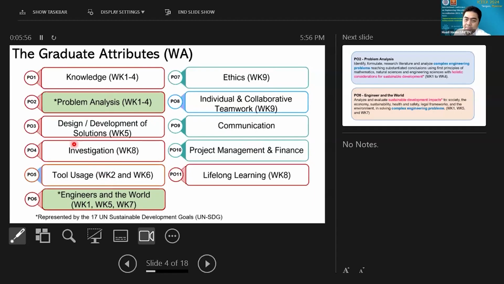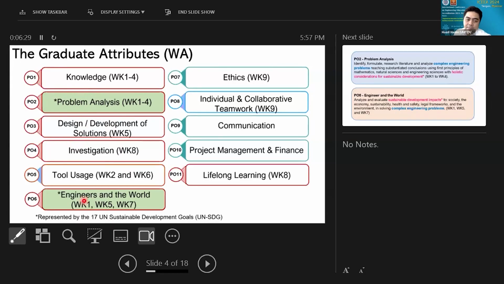In other words, by the time the students graduate, we expect our student to be able to relate the problem being solved, as part of the complex engineering problem, with the SDGs, based on PO number 2. On top of that, we also expect them to relate the UN SDG with the engineer and the world.